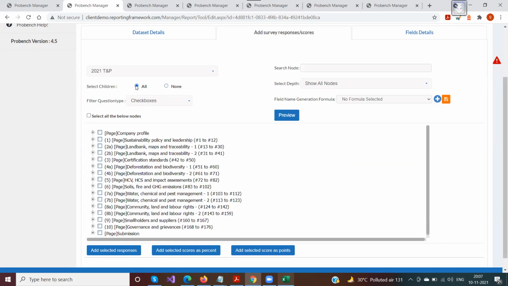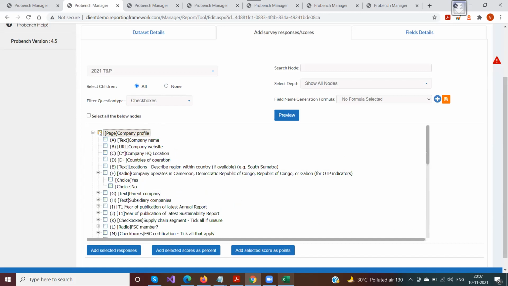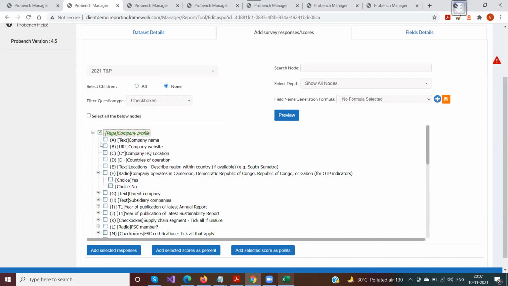You can also click on all. If I select this, all the child nodes down to the depth level are selected automatically. If I say no, it only selects the one I have selected. If I say all, it selects all the children of that particular parent node.